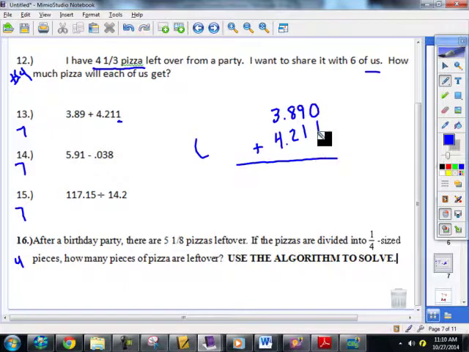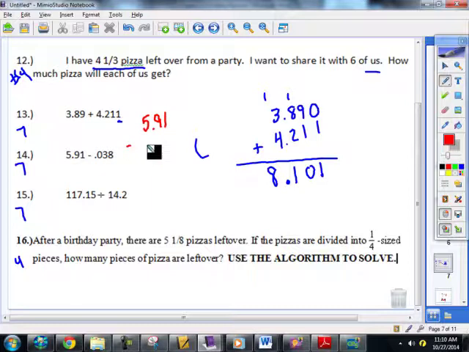Now we just start here. 1 plus 0 is 1. 9 plus 1 is 10. Carry 1. 8 plus 2 is 10, plus 1 is 11. Bring your decimal straight down, and you end up getting 8.101. Subtraction,